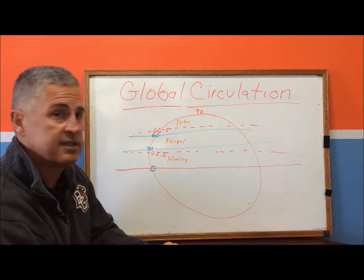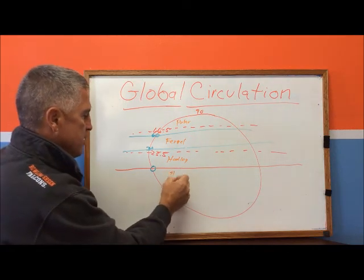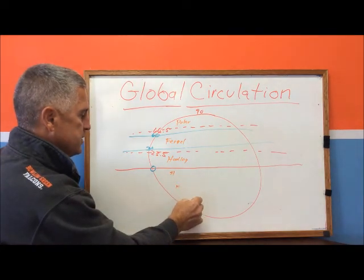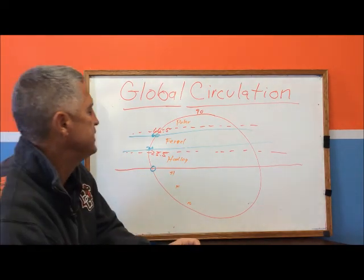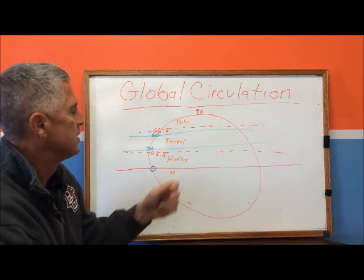Okay, so 3 cells: Hadley, Ferrel, polar. Again, this is another Hadley cell here, there's a Ferrel cell here, there's a polar cell down here. All right, so things to know. We'll start with this. So, Hadley cell,